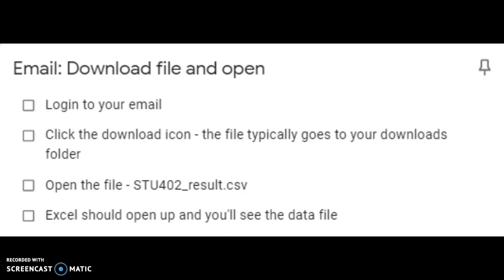You're now going to go into your email and download the file and open it. We use Outlook, and so when you go into your email, you're going to find the email from Synergy, and you're going to click the download icon. The file typically goes into our downloads folder, and then you're going to open the file,